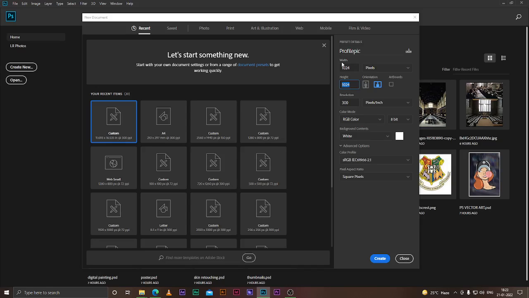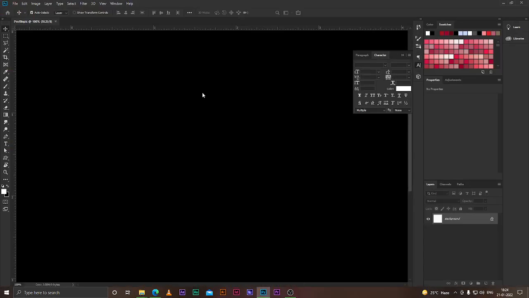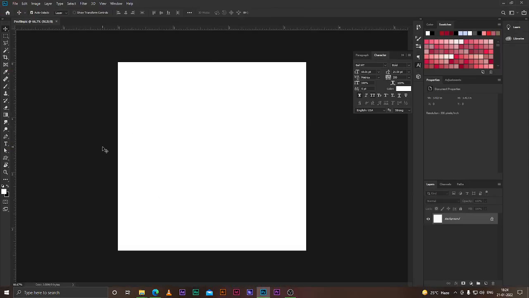So if you wanted to show this on a small screen such as mobile, the square will shrink, and the image will not lose its proportion. But when you rescale it bigger than its original size, it also doesn't lose its proportion. So we need to have a square on that. Let's go to create. The RGB mode has to be there every time, and you will get a square of 1000.